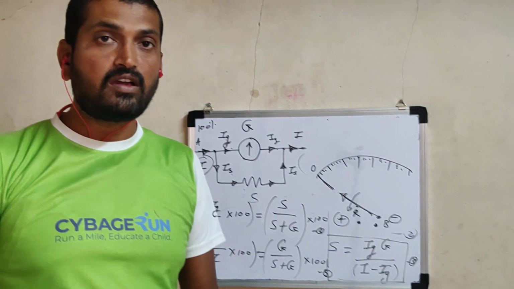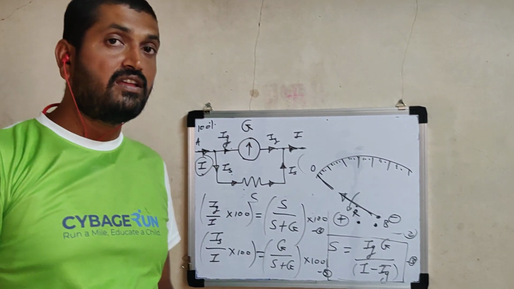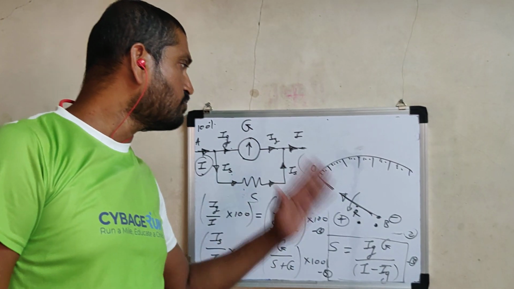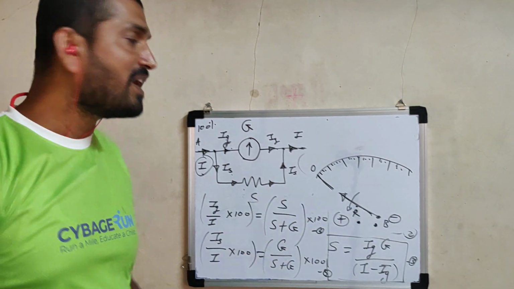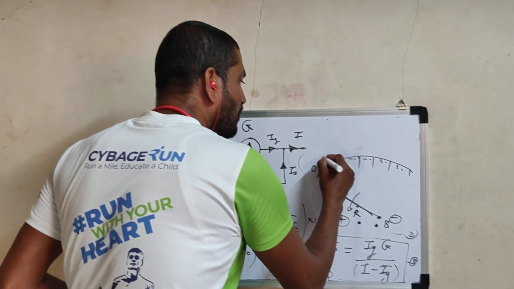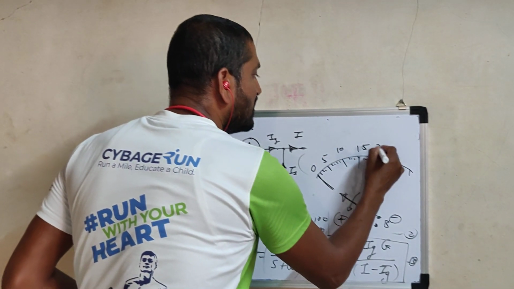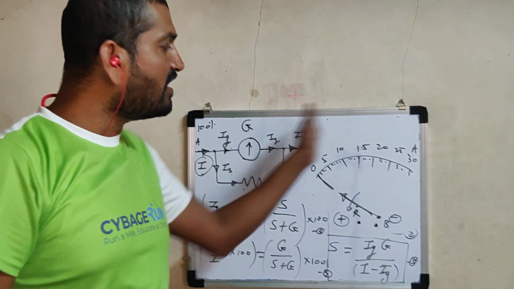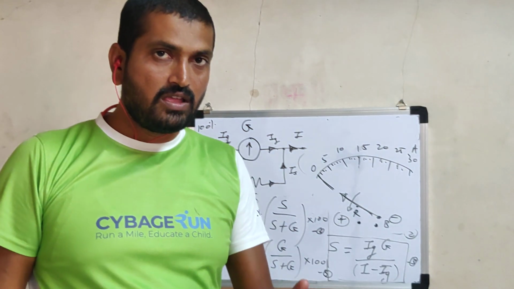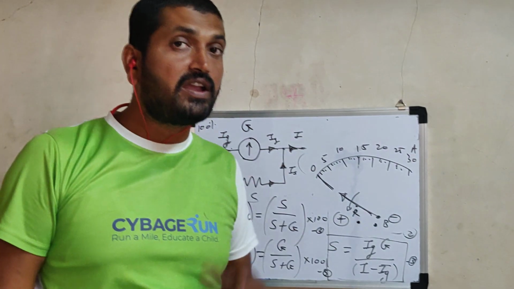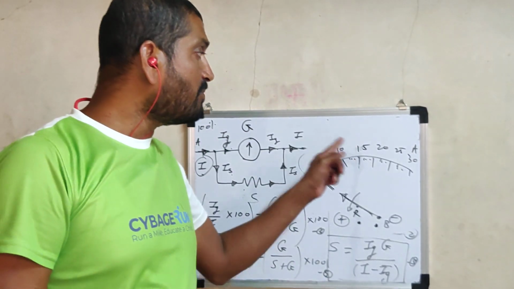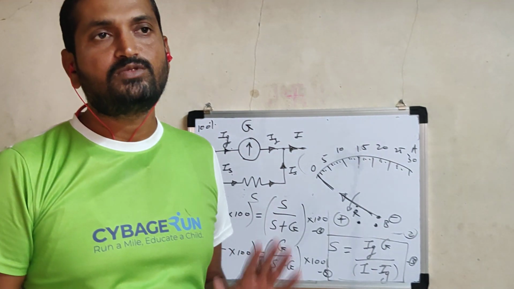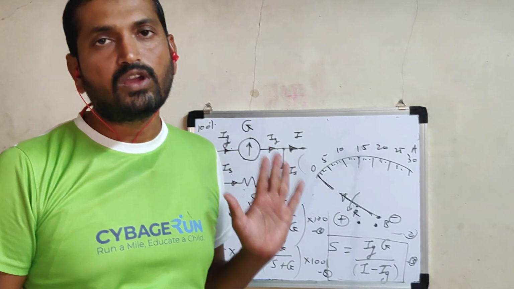To measure accurate current, the galvanometer is shunted. Number 2, to increase the range of this device, the 0th marking is provided to the left side. Here there is no need of calculation. These calibrations are directly provided in terms of the unit of current, and that is ampere. When the scale is calibrated in ampere, it is called an ammeter. When it is calibrated in milliampere, it is called a milliammeter. When it is calibrated in microampere, it is called a microammeter. So these are the different types of ammeter. Is it clear to you? Okay, thank you.